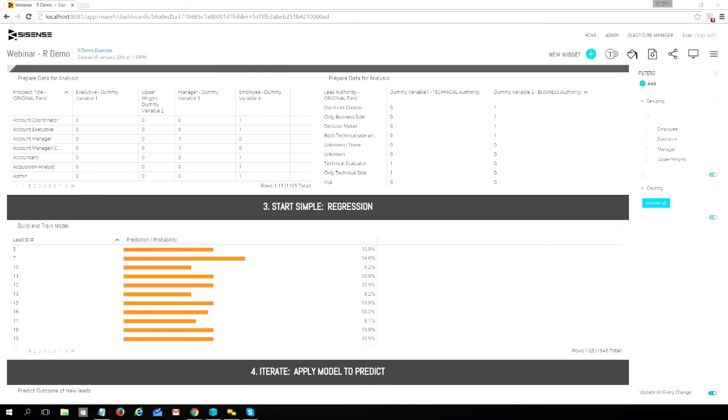Once that's done, we can save it to our repository and then reapply it as new data comes in. So everything is reusable once it's done, both being able to save the model and then being able to reapply it again. So now that we've got that in place, how can we use that model to effectively predict outcomes going forward?